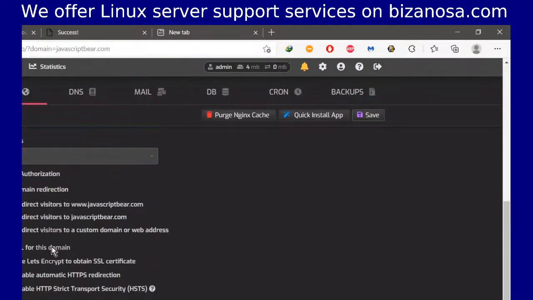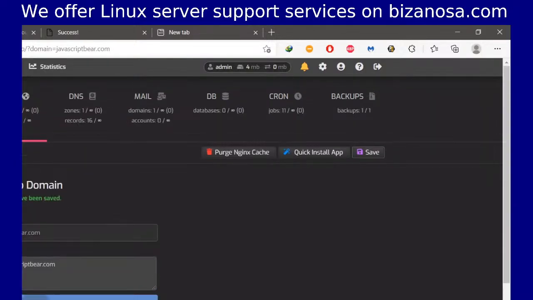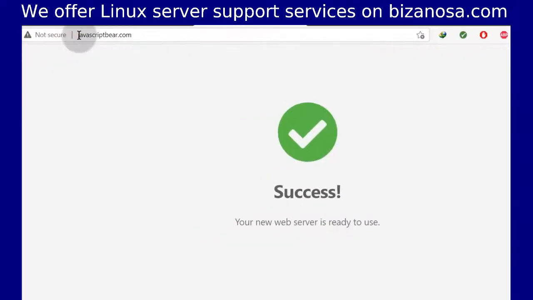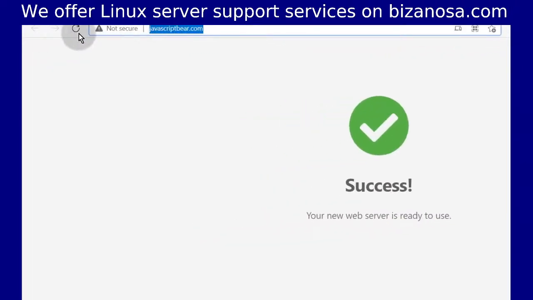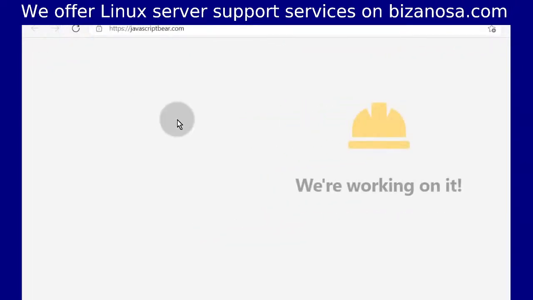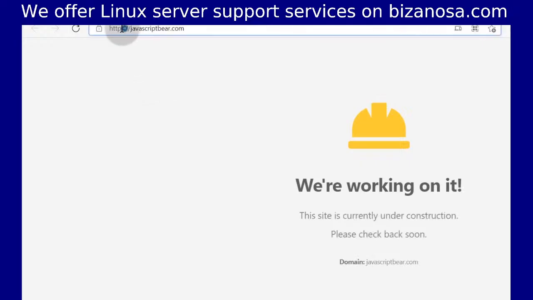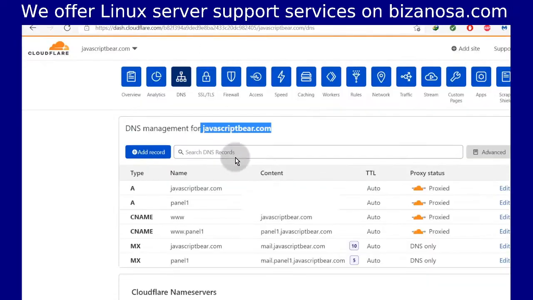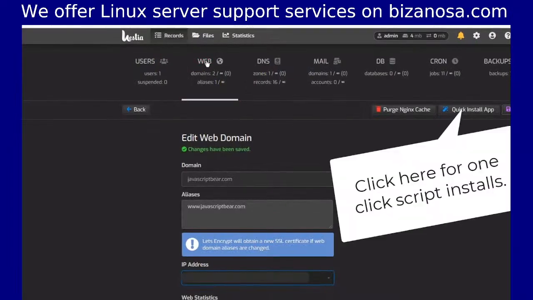We just need to give it some time for Let's Encrypt to give us a new certificate. This is not secure, but if I try to reload it, it should redirect us to HTTPS. Okay, so the website is there. Now you can add whatever you want in your site. So if you come here under web,